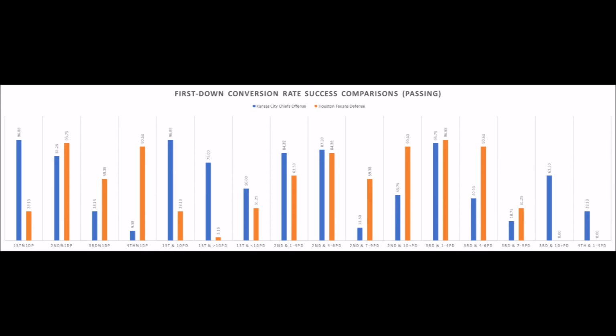The Chiefs passing offense versus the Texans passing defense mostly favors the Texans defense on third down situations. At second down situations, the biggest thing I could say, as I try to tell most people, is the way that you stop the Chiefs. If you were theoretically going to say, all right, James, how do you beat the Chiefs? You beat the Chiefs by stopping the run, which is very hard to do, and putting Alex Smith into third